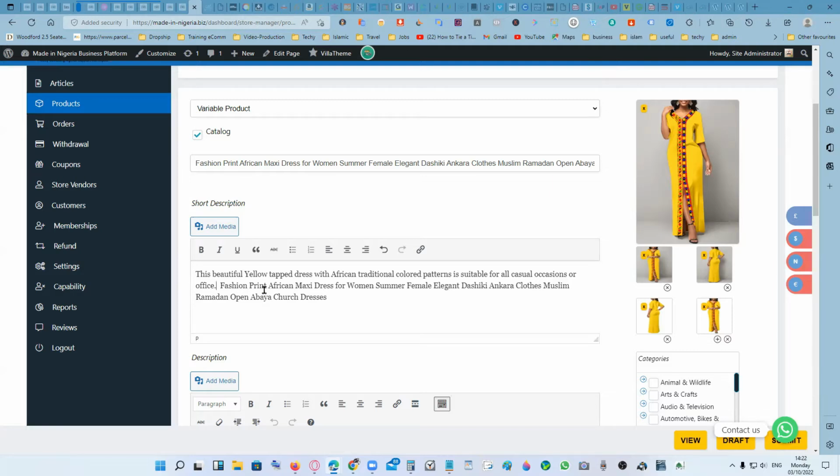So the detail, let me say this one. Let's just put this. You can just leave this within it like that. But let's make sure it makes sense. Fashion print, African maxi dress for women, summer, female elegance. Once you mention the set,